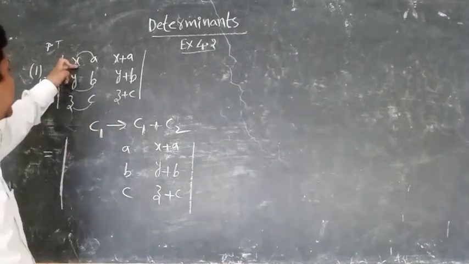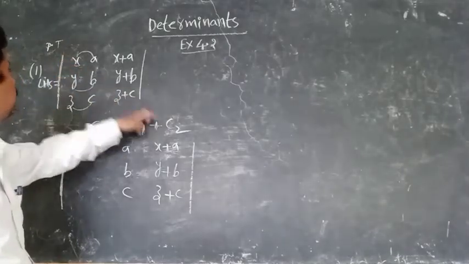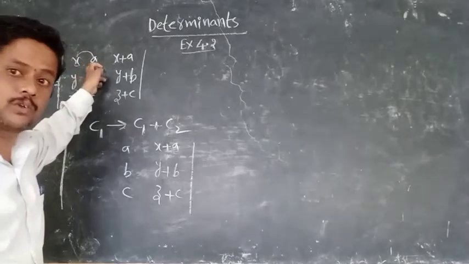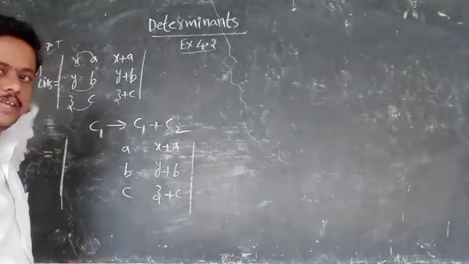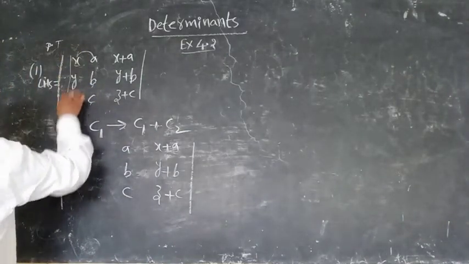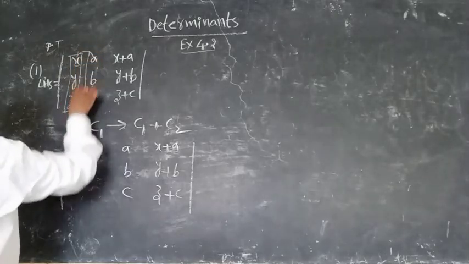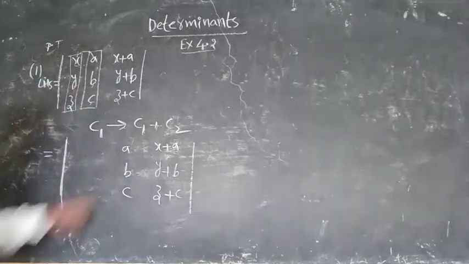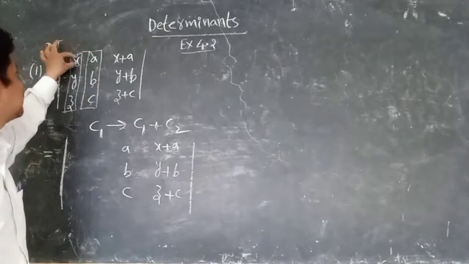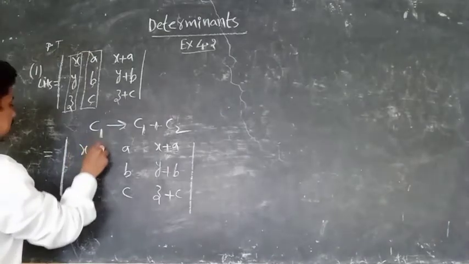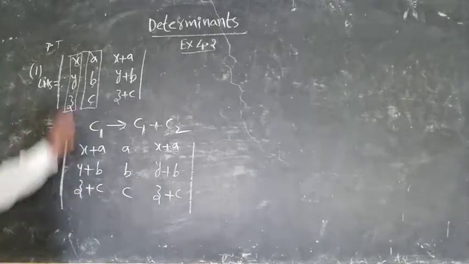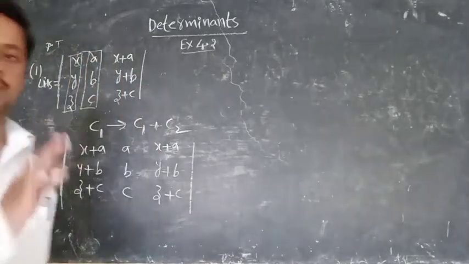You must write x in C1 and a in C2. Like that we have to do it. It will look like a row, but you have to fix it like this. Otherwise, I will tell you another technique. Take one pencil and write it like this: C1, C2, C1, C2. Like that you add: x plus a, x plus a; y plus b, y plus b; z plus c. Then in eraser you rub all these things.